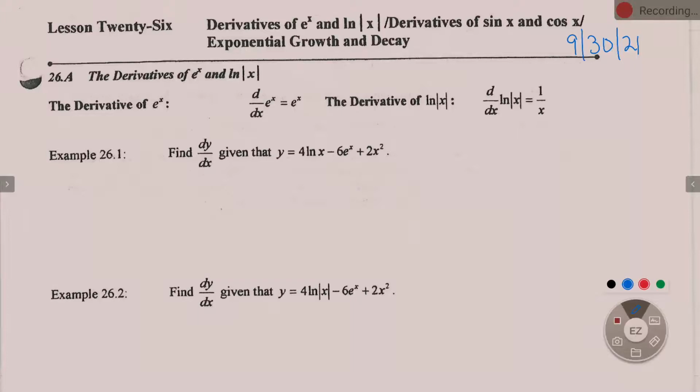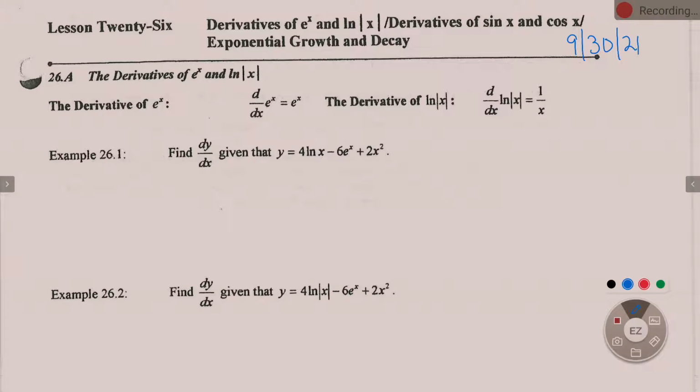Okay, so lesson 26 is derivatives, specifically derivatives of e to the x and natural log of x, and derivatives of sine x and cosine x. And then we'll also look at an exponential growth and decay problem on the backside, I believe. Okay. The two derivative lessons we've had before, well, the two derivative shortcut lessons, it's all been focused on, okay,